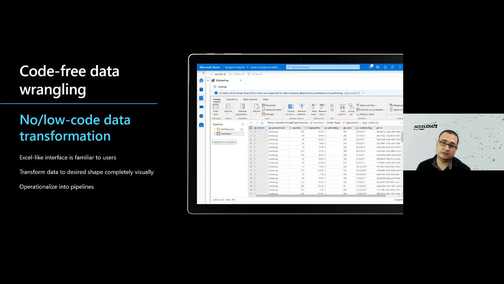So this really is a great story, right? In this part of the continuum of analytics, users that already have that experience and familiarity with this Excel-like, tabular way of prepping and transforming your data can carry on with those skills in Synapse Analytics.